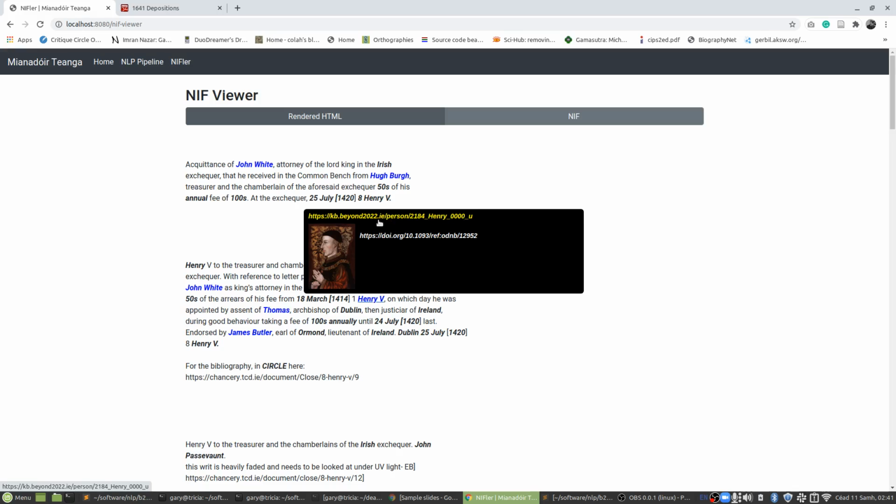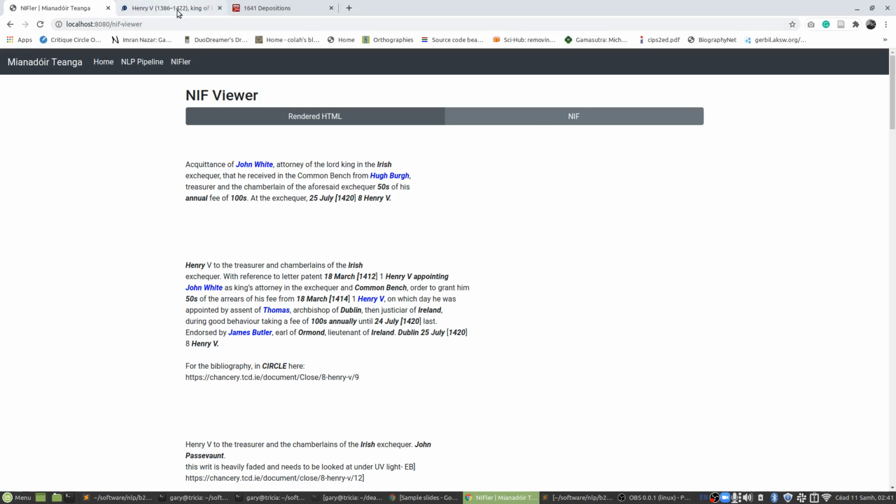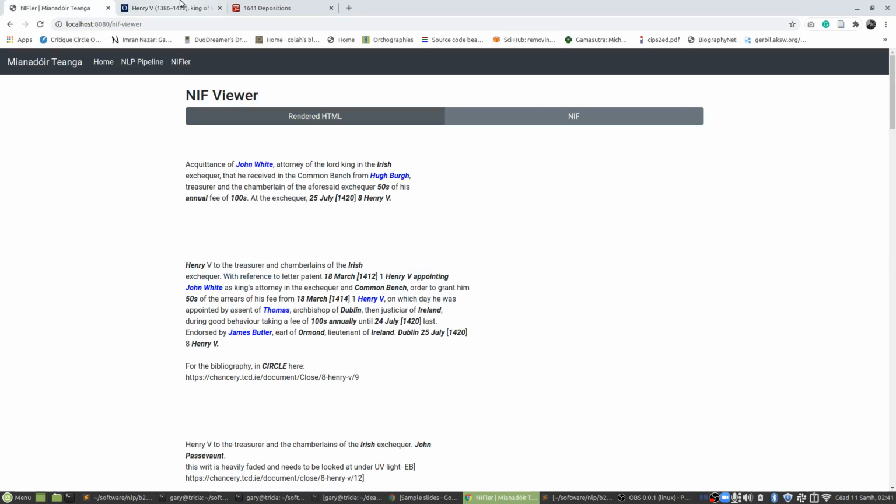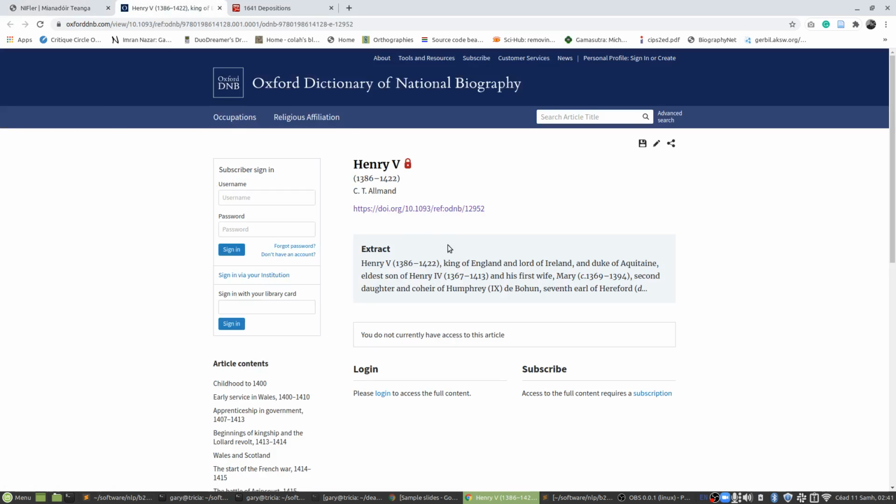But if I click on this link here, this link comes down from the Beyond 2022 knowledge graph, because the knowledge graph can point out to third-party sources of information. So thanks to the NLP pipeline, this previously unannotated text can now be connected directly to the Oxford Dictionary of National Biography. And if you are an ignorant person like me who doesn't know anything about Henry V, well, you